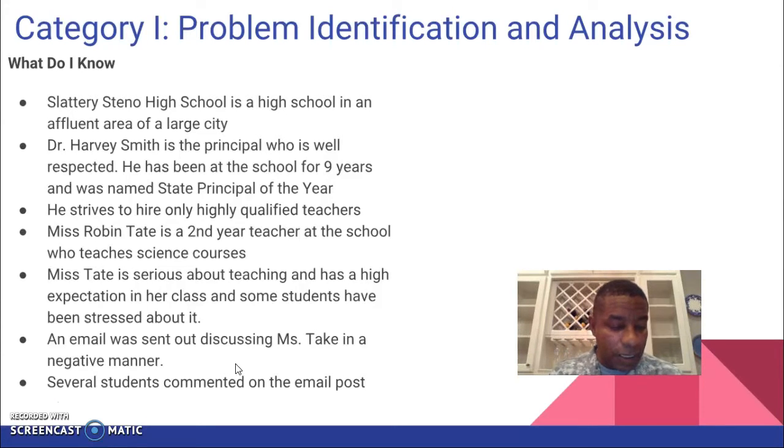Ms. Robinson Tate is one such staff member. Ms. Tate has several degrees and teaches specialized science to upperclassmen. She has established a classroom climate where students are expected to do their work. Some students and parents have complained because Ms. Tate is tough. Dr. Smith has talked to Ms. Tate about her approach with students, but she has yet to use his suggestions.